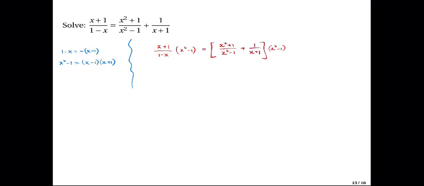So a negative should come out. Therefore, on the left-hand side, we will have negative x plus 1. So it means we were able to cancel this x minus 1 here, but we still have the x plus 1. So this is multiplied to x plus 1